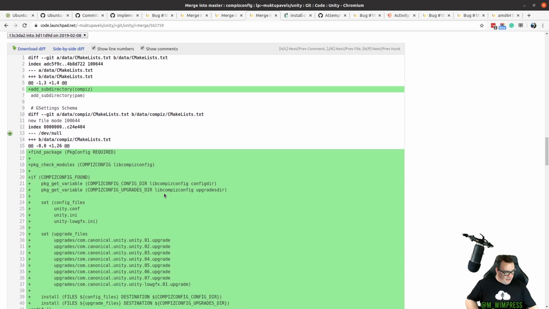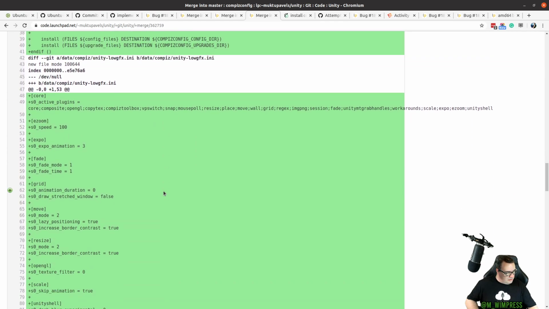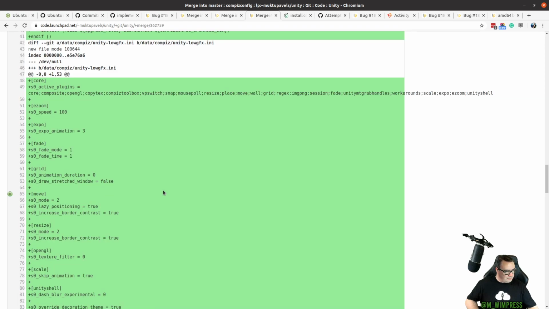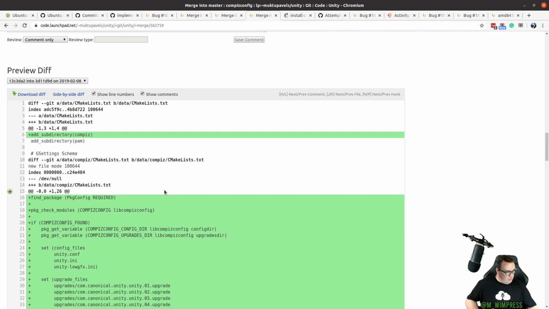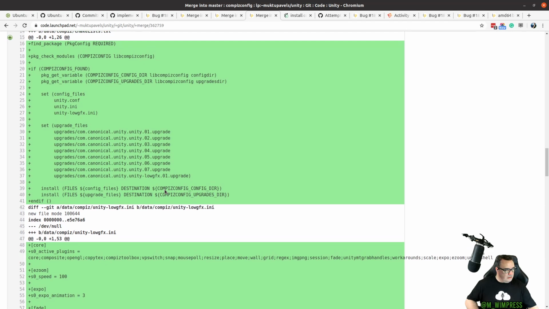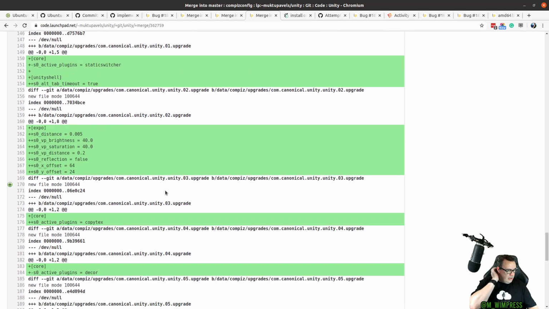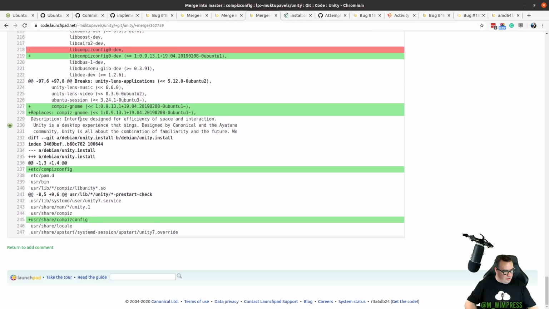So I need to reproduce some of this. What package was this in Unity itself? The bit here, this is a thing, so I need to introduce some what are called breaks and replaces lines like this, and this is a feature of Debian packaging that melts my brain every time I encounter it. So I was quite pleased that I found a reference here to how this has been done for Unity, so that I can try and do the same for